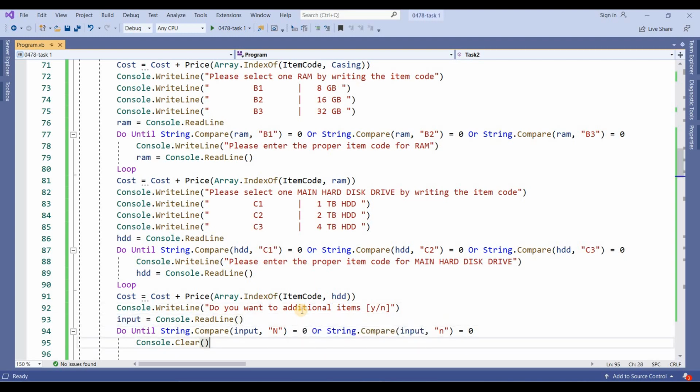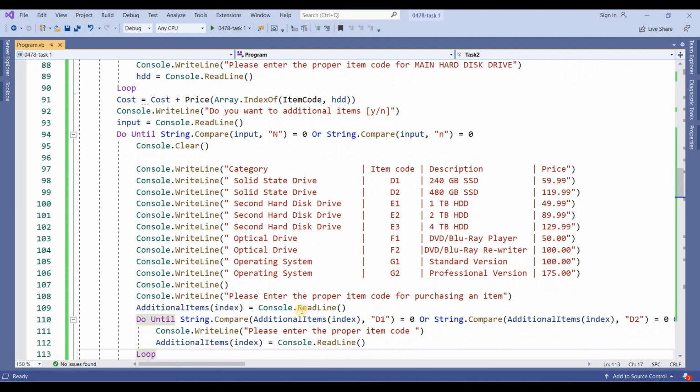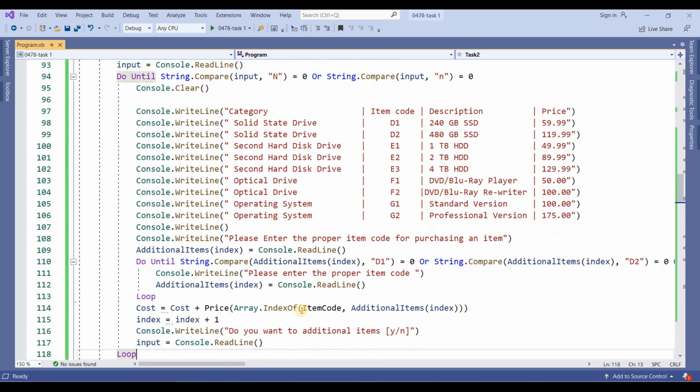Next, here I have written the loop. The loop is from line number 94 to 118. And what I have written here is string.Compare input with n, maybe you will enter capital N or small n.